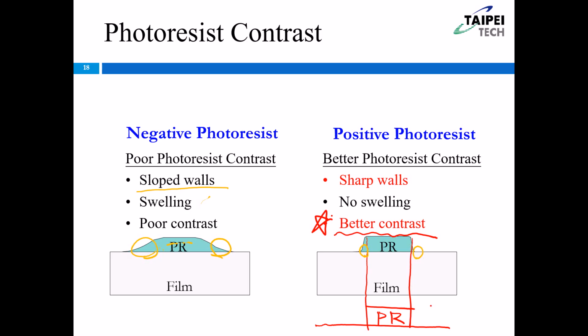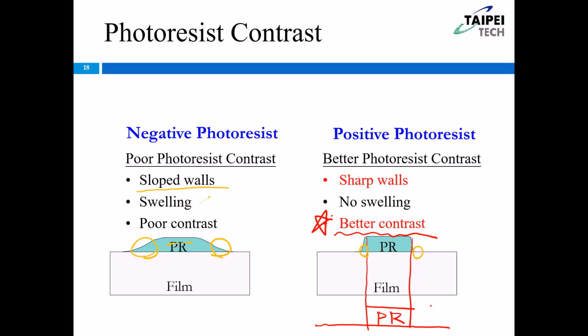And nowadays, due to the smaller transistor, of course, the line width of the PR will become smaller and smaller. So of course, we cannot allow the slope wall like this. We need to control the line width because the line width for the PR is also very small. So in order to have a very sharp wall, and also improve the resolution, we need to use